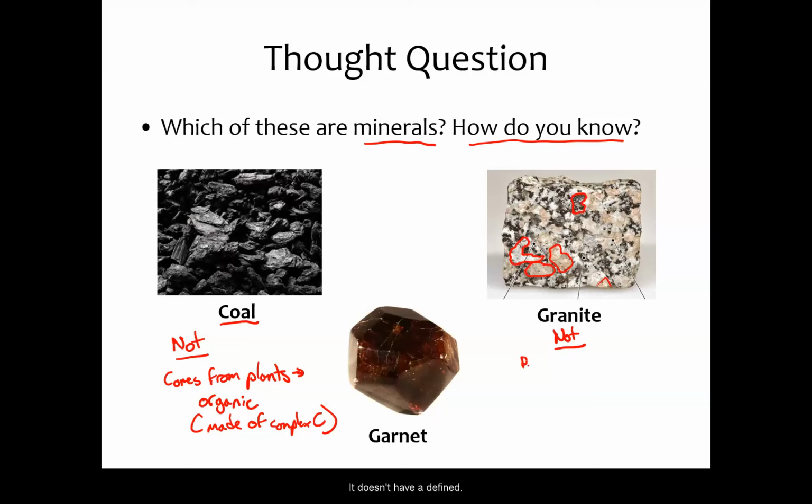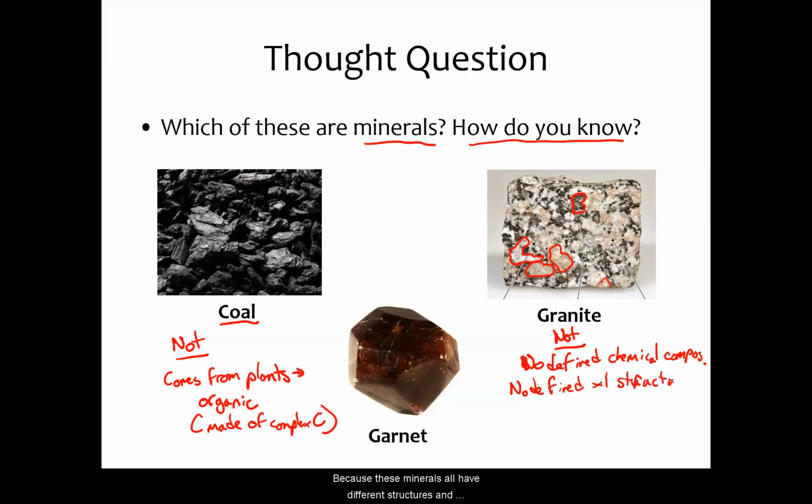So it doesn't have a defined chemical composition because its composition can vary depending on what part of the sample you're looking at. And it doesn't have a defined crystal structure because these minerals all have different structures, and putting them together in this sort of chaotic way, granite itself does not have a defined crystal structure because it's just